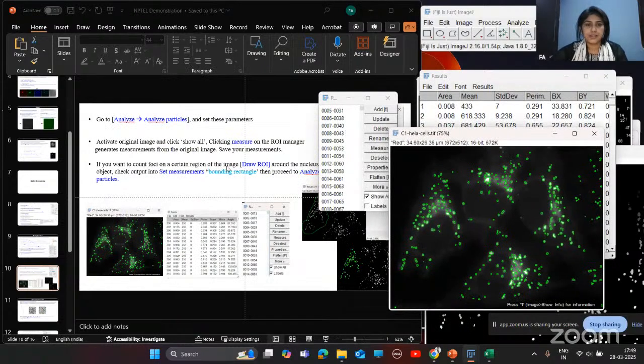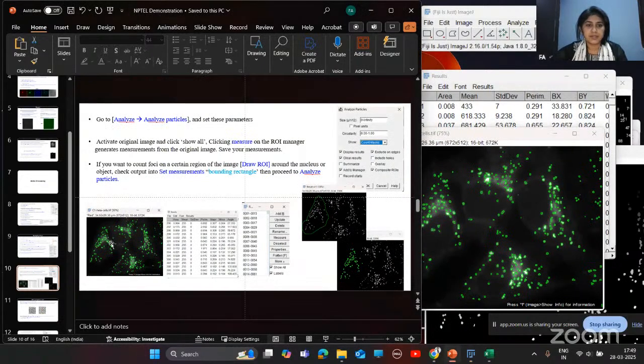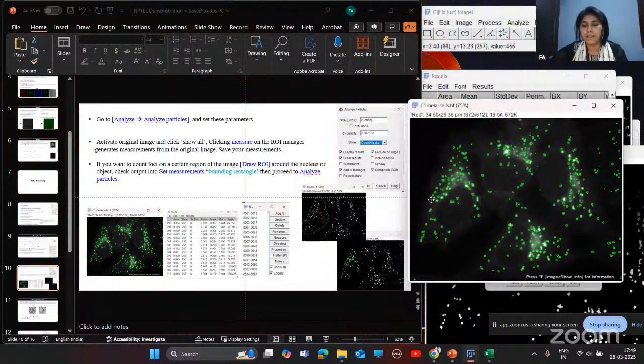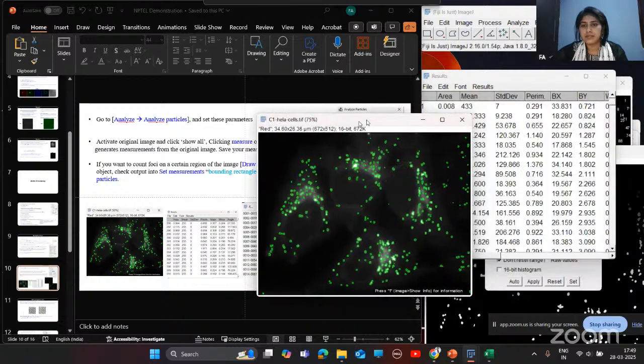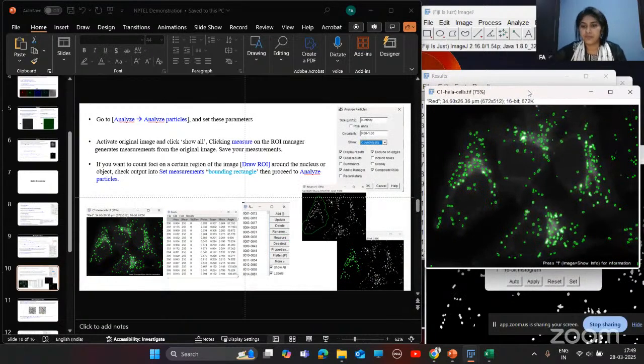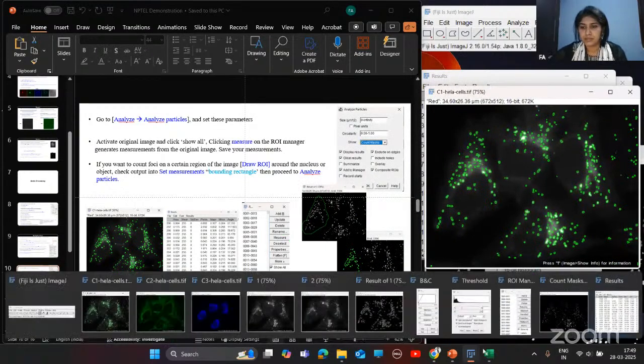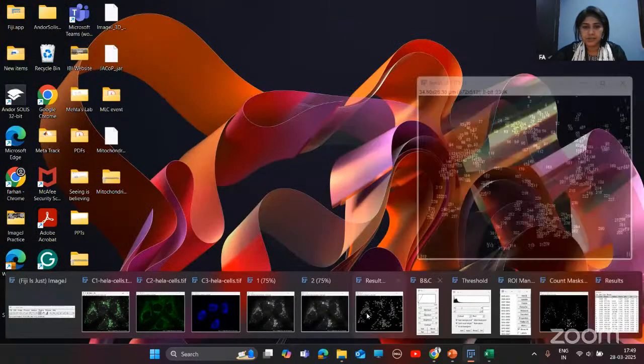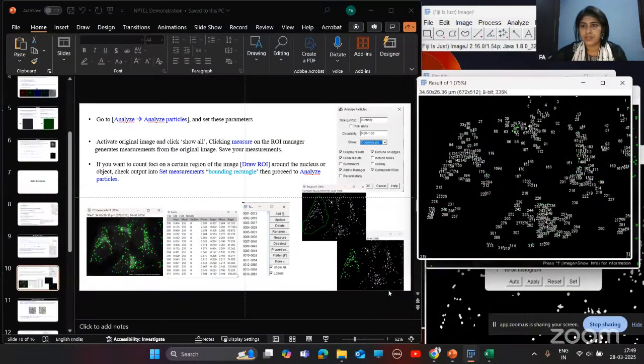So you can see we have obtained this result, all these values on your ROI manager. And if you want to quantify from a particular cell, for this what you need to do, first you need to go to this image.